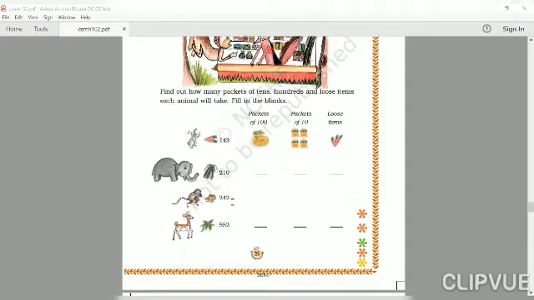Likewise, you can see the 0 is on ones place, 1 is on tens place and 2 is on 100 place. So first of all, 0 is on ones place, so you write 0 here. Now talking about the 1, it is on tens place, so you just need to write 1 here, and 2 is on 100 place, so you just need to write 2 in this blank.